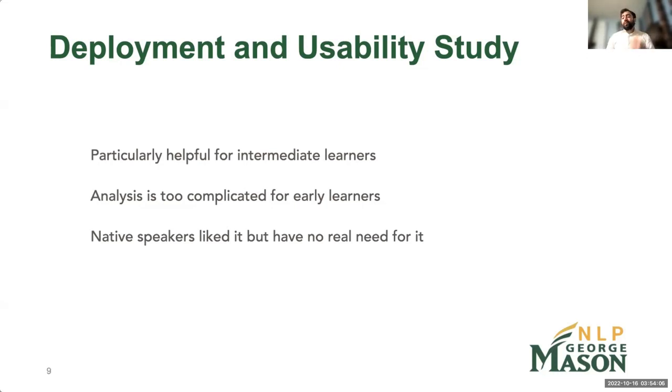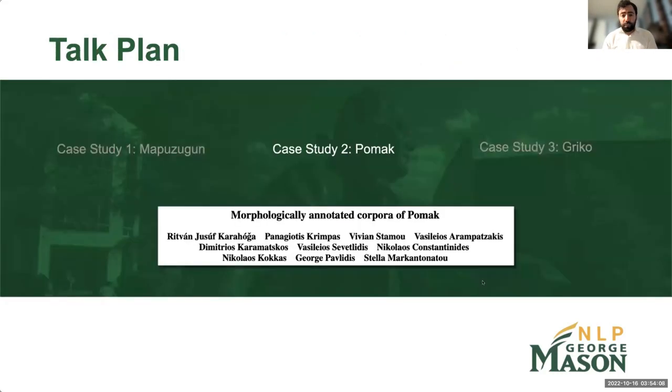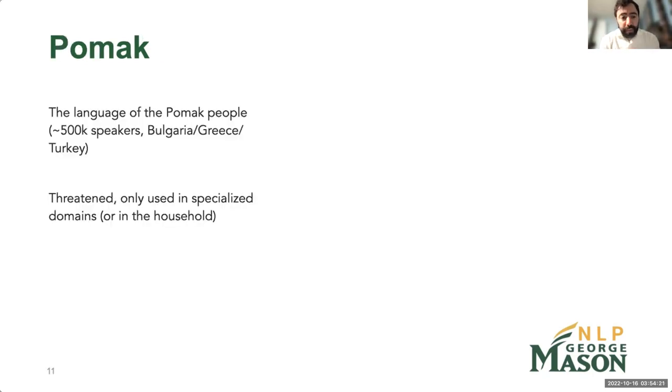All right, so then let me move on to the next case study, which is also the one that touches a bit on jointly building corpora and morphosyntactic analysis, and how these can work together. So Pomak: different language, different environment, different continent. Pomak is spoken by about 500,000 speakers,